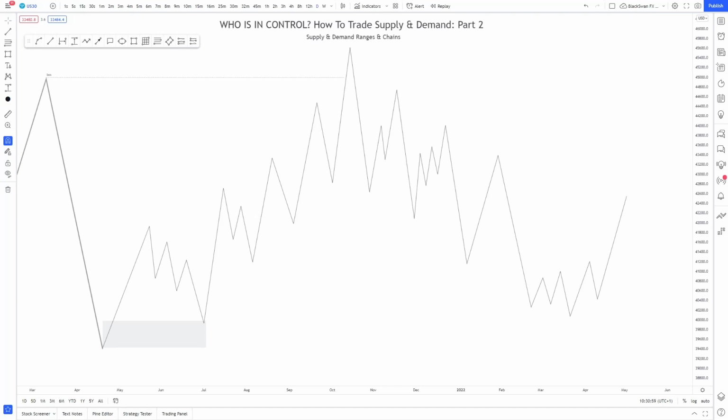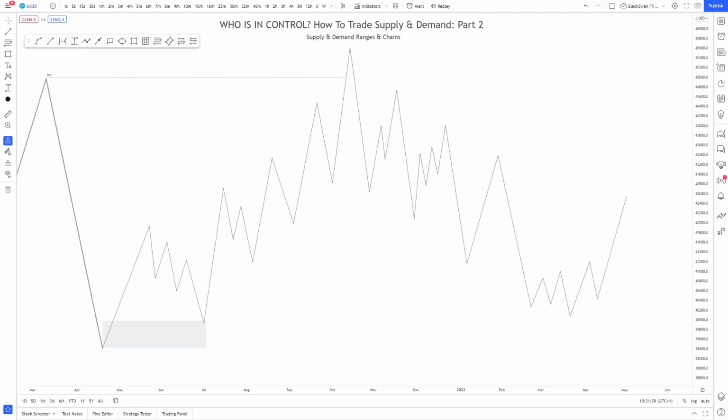What we're going to explore in this installment is the element of control and areas of control. What I mean by that is this is when we start to integrate supply and demand with structure, because structure is king. It is the most important piece of forming directional bias. But you need to understand where buyers want to buy and what areas they're protecting, and the same for sellers. Some tools we use within the concept of supply and demand are supply and demand ranges